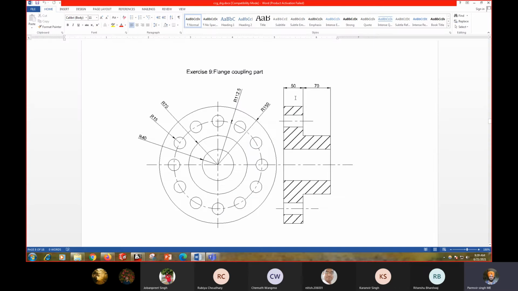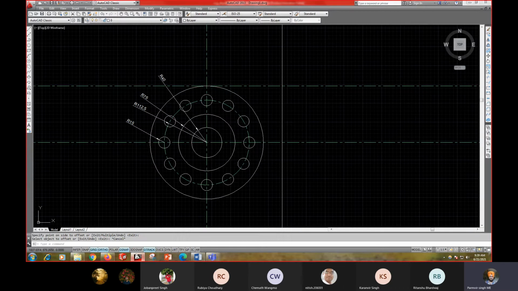Now you have to create this line of 50 mm. Use the offset command again, O for offset, then give the distance 50, then enter.